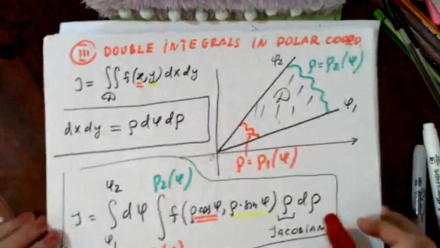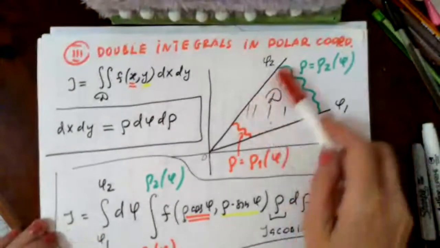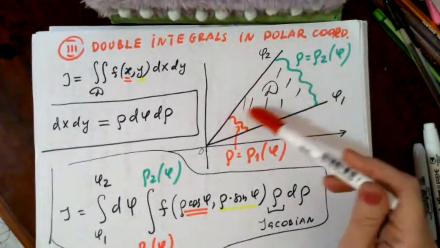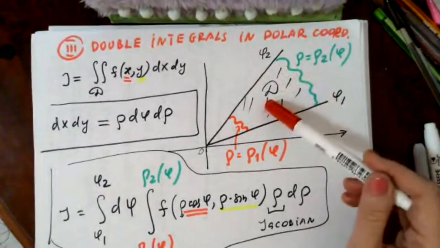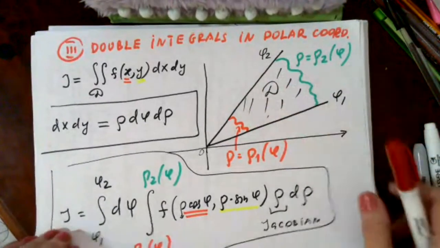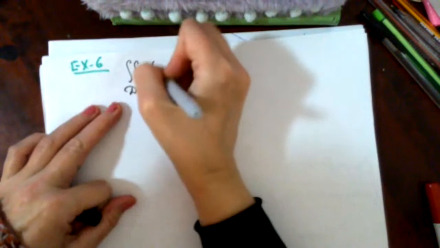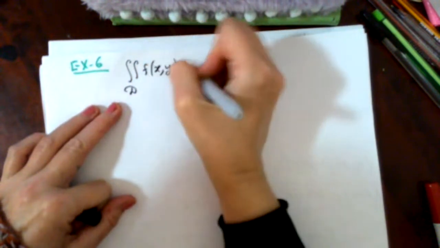Okay. So now we have a recipe, and now we need to get used to this region. This is super important, of course, as you may imagine. But how can we use the template? Let's just consider the first example, and we will see how this happens. So it's going to be example 6, I suppose. Example 6. Here we have a double integral as usual with unknown function, f of xy dx dy,